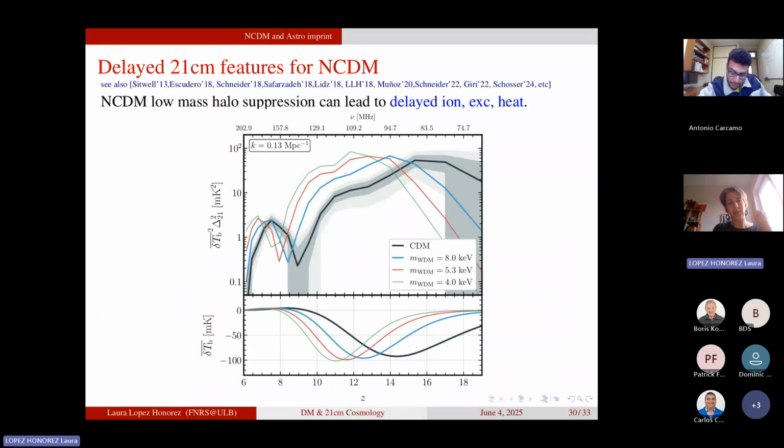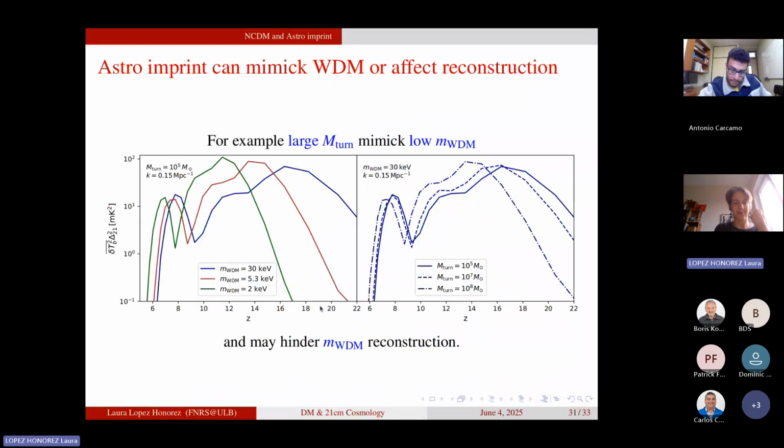As I said, not only warm dark matter can do that. You'll see that this is again the effect of thermal warm dark matter going from 30 keV to 2 keV here in green. Here is exactly the same fiducial scenario, but I changed the threshold mass for star-forming galaxies from a threshold mass of 10 to the 5 solar masses that would be representative to